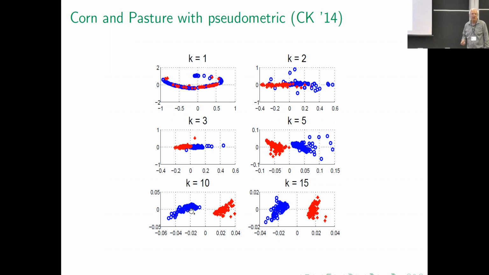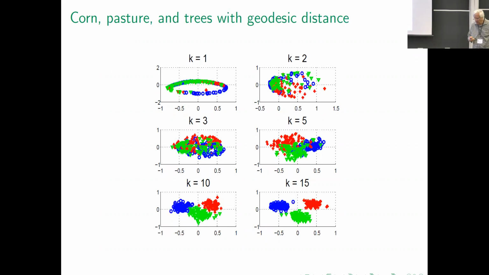Now, this is really great, right? This is what you want from machine learning algorithms. You want your data to be separated. So this is with geodesic distance, to show you that the smallest angle doesn't win all the day. Again, you see this kind of splitting of the data. It gets pulled apart at 15 dimensions. I'm capturing the variation by getting enough pixels. I get 15 different views, 15 different points in this very high dimensional space. And I take those 15 points together, and I've got an abstract point on a Grassmannian that I can use to compare distances. And suddenly, data that wasn't separable is now separable.